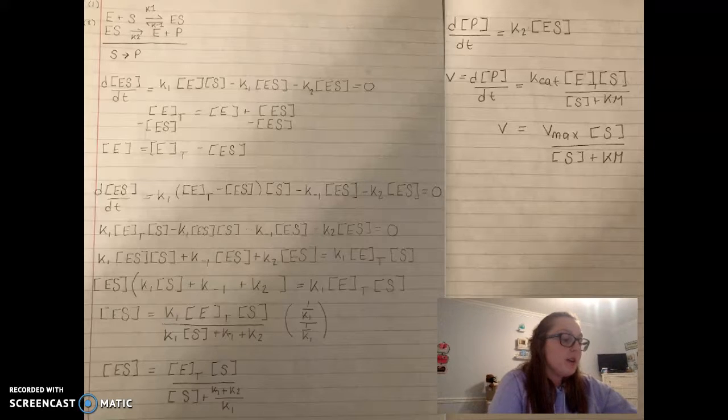Hi, so tonight we're going to derive the Michaelis-Menten equation. This is important because it describes the kinetics of enzymes when they have substrates. So we're going to look at this top left corner right here, and we're going to see this variable